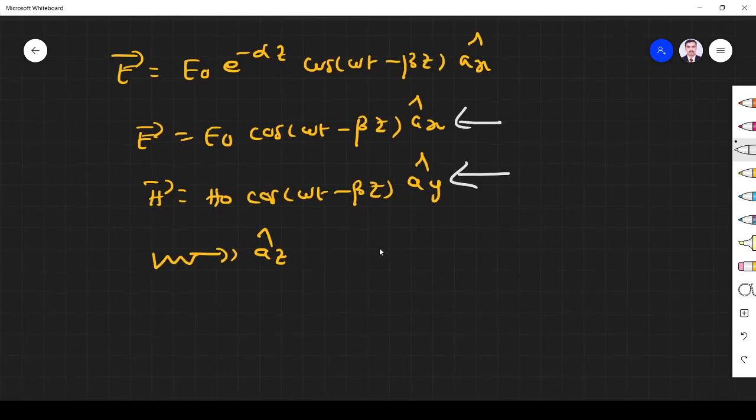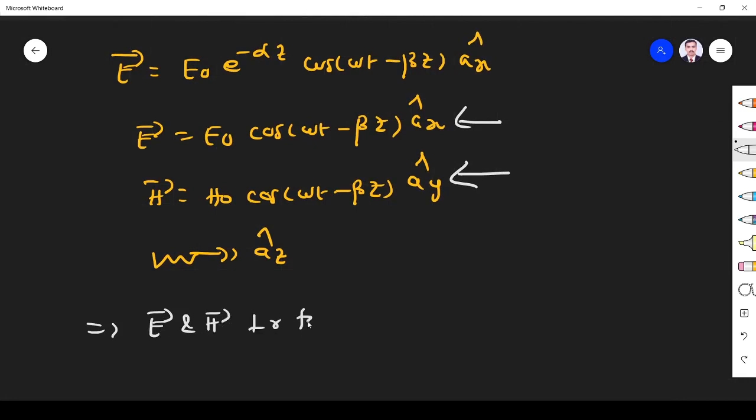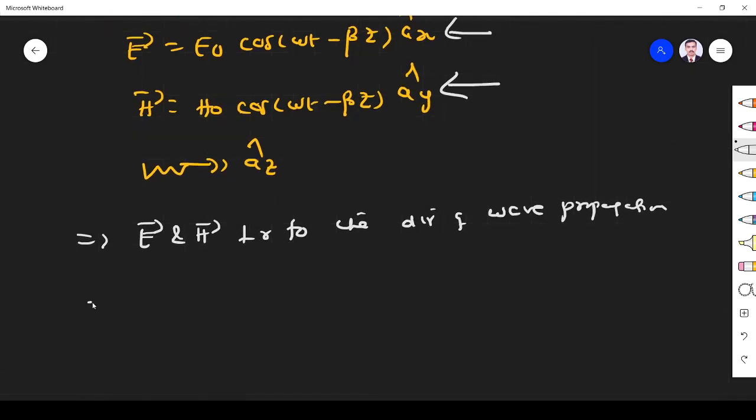So you see, from this we understand both E and H are perpendicular to the direction of wave propagation, because E is in x direction, H is in y direction, which is perpendicular to z direction where the wave is propagating, right? So this indicates the fields lie in a plane that is